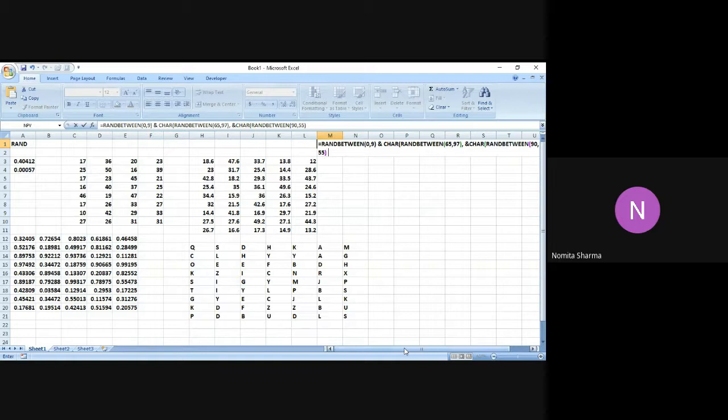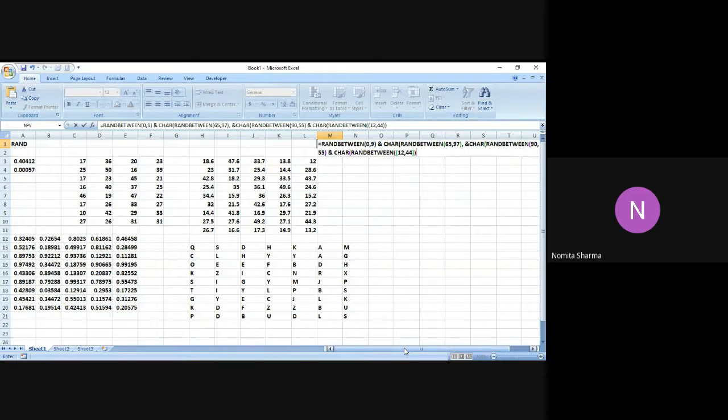Further, I can easily go on and mention more options. I say RANDBETWEEN bracket 12, 44, and I close the bracket. One bracket I close for RANDBETWEEN, one I close for CHAR.